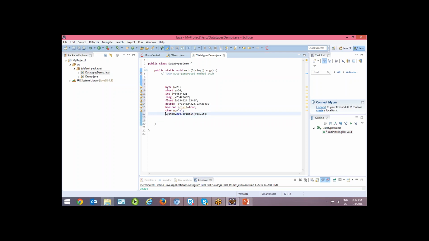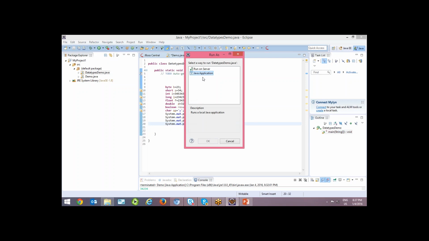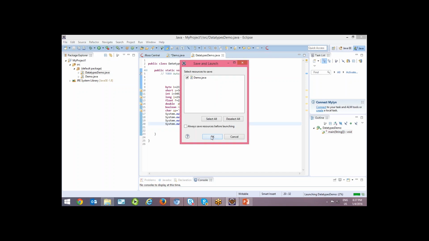This is a Boolean value. You can try to print all the data types, let's say byte, float, integer, all these types. So these 8 data types are called primitive data types.